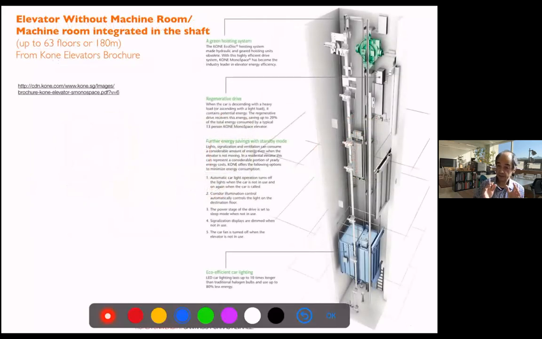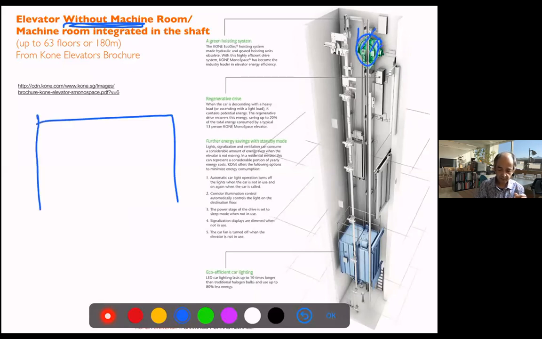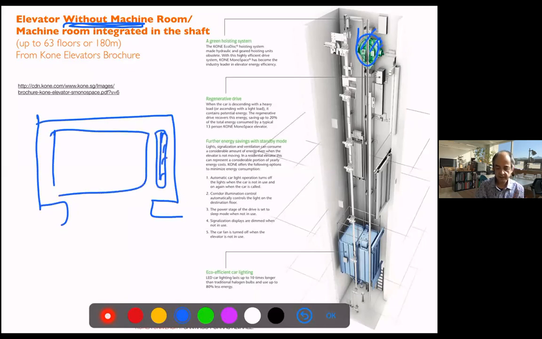And something which has been around for over 20 years, I would say like 30 years or so, is elevator without machine room. I didn't see yet in Korea, but there's so much experience that makers are able to put all the machinery inside the shaft. So you have the shaft, you have the elevator cabin, and the whole machinery can be just on one side, and you have only one opening for servicing it. Of course, you can also access from the shaft if you need. And that saves one floor.